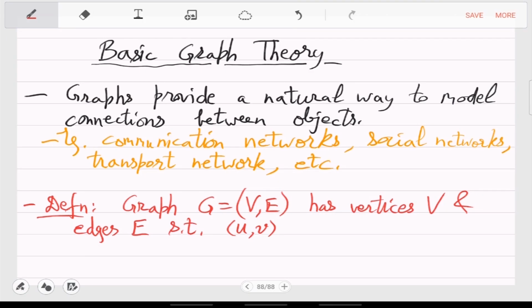That's already inbuilt in the term, but I can add it here. So E will be some subset of V square, such that if u comma v is in the edge set,